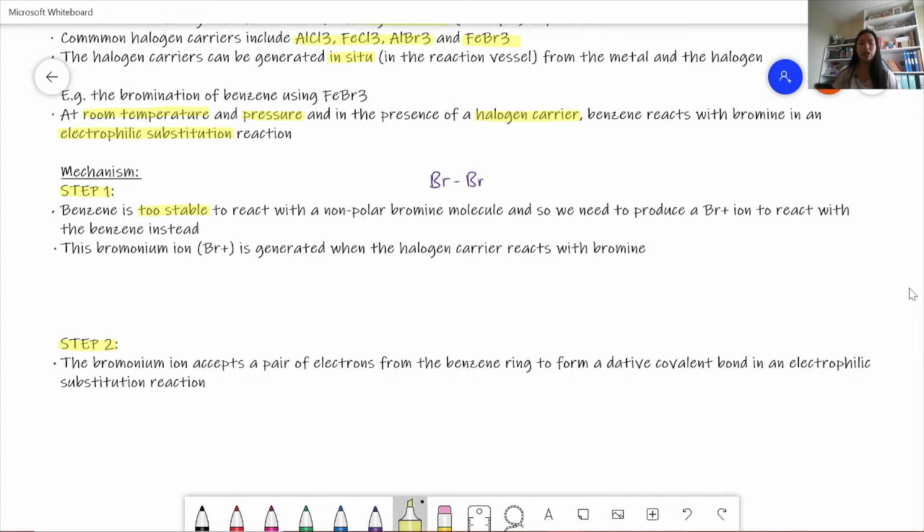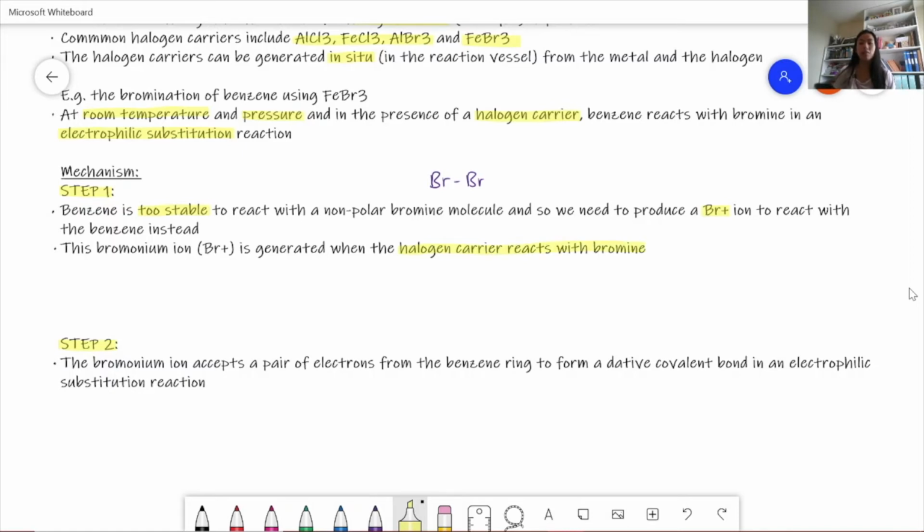So what we need to do is actually produce a Br+ ion to react with the benzene instead, because the delocalized section of the benzene inside is attracted to a positive ion. So that's why we need Br+. And this bromonium ion is generated when the halogen carrier reacts with bromine. So this is our step 1,